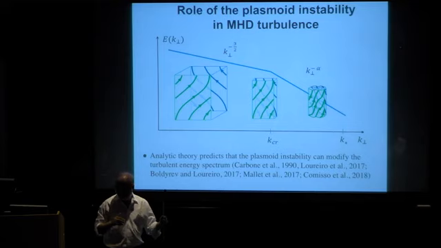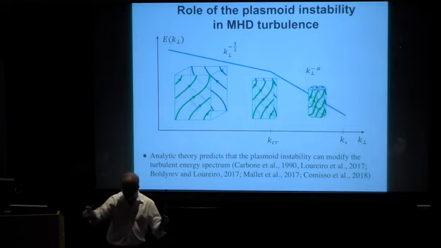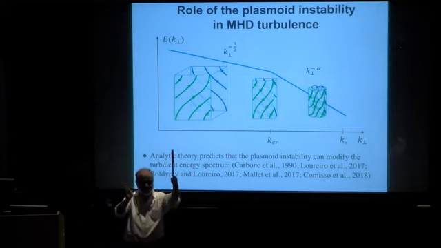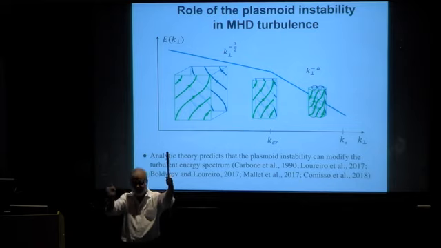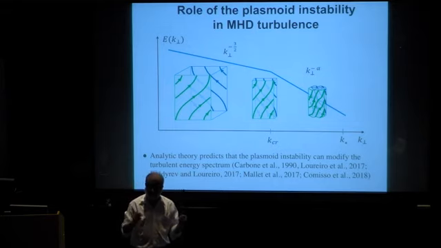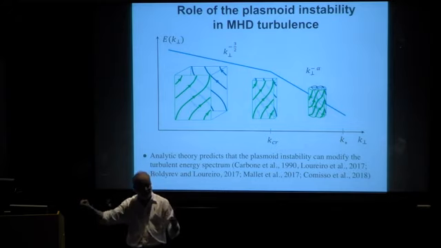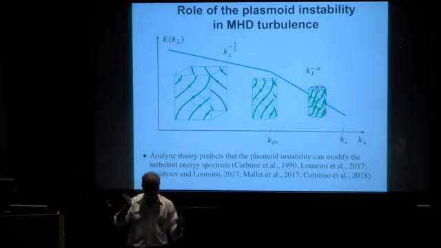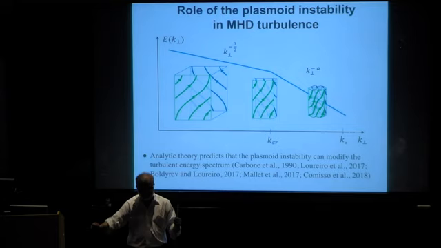In a collisionless plasma, it is widely believed that the inertial range breaks eventually at a kinetic scale. The kinetic scale could be an ion skin depth. Beyond that, there is electron skin depth. So the MHD scale occurs only over a certain range until dissipation comes in. What the plasmoid instability has done is to introduce a new scale length in the problem. When you form extended current sheets interrupted by plasmoids, that becomes the length scale at which this current sheet is beginning to disintegrate, without even waiting for Hall effects or pressure